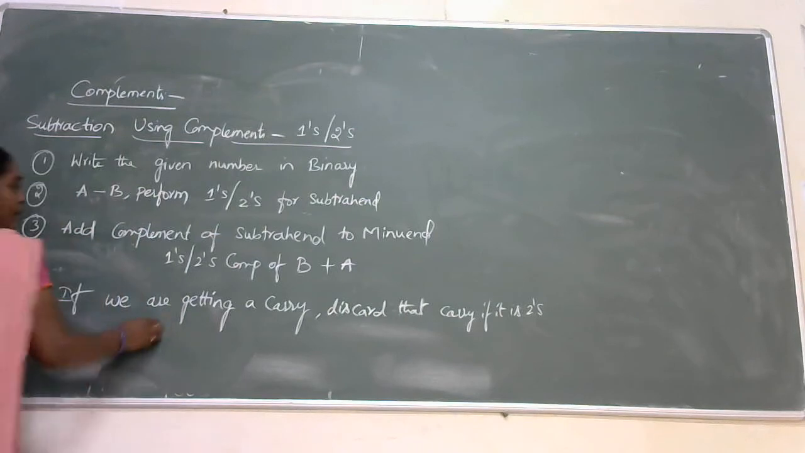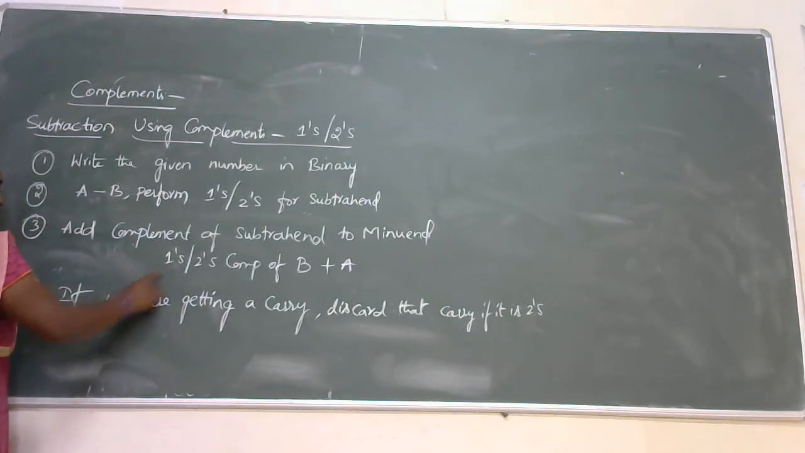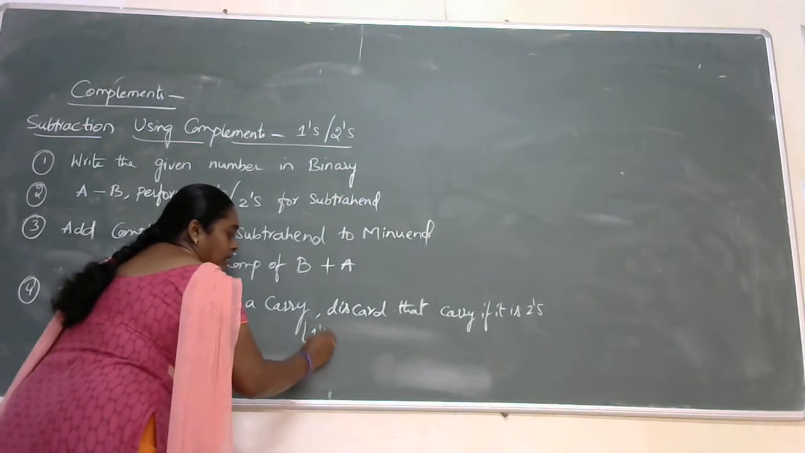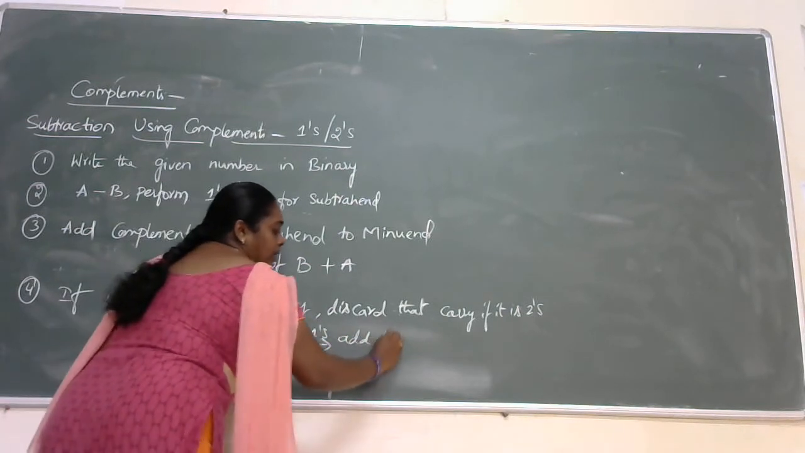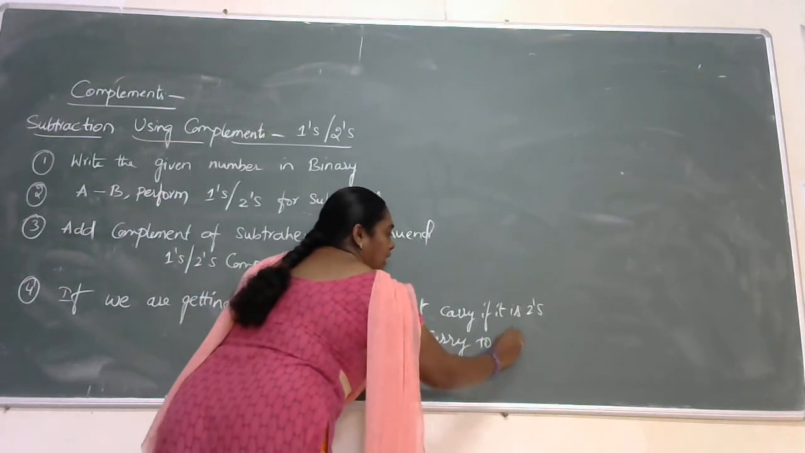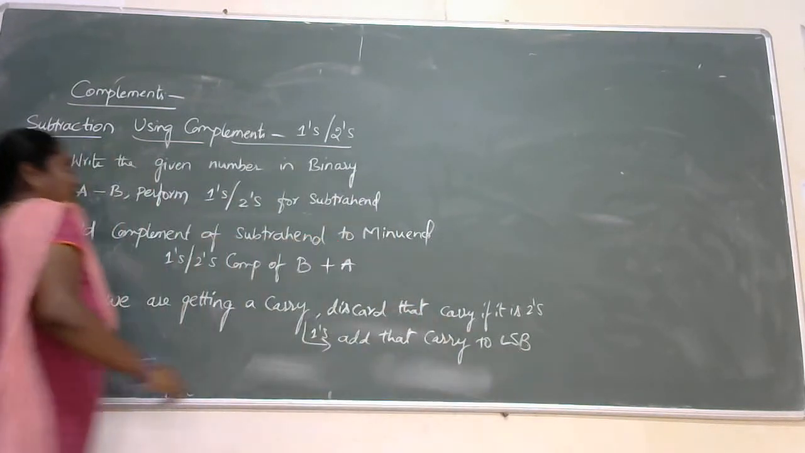If we are performing by using 1's complement, if we are getting a carry, in case of 1's complement, add that carry to the LSB. The only difference between 1's and 2's